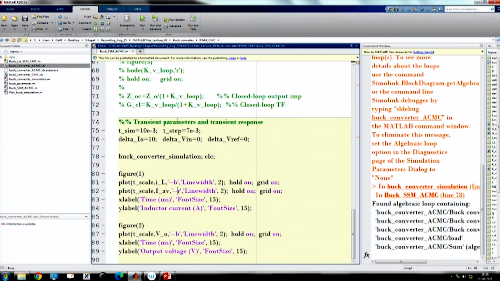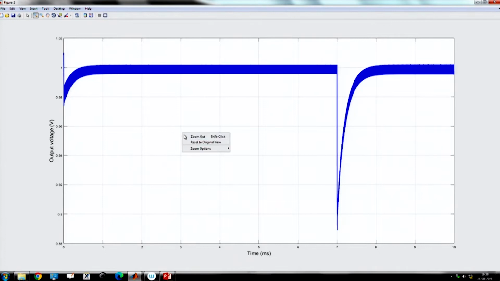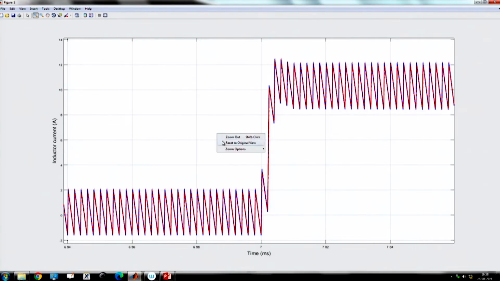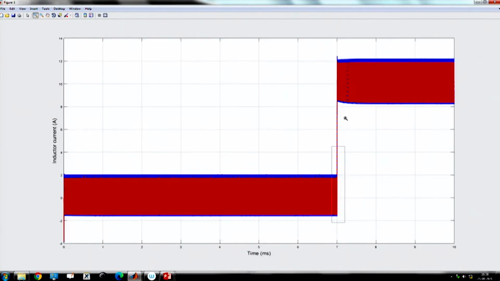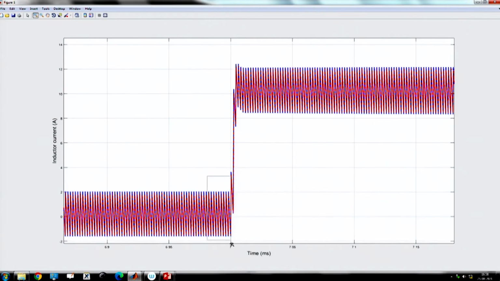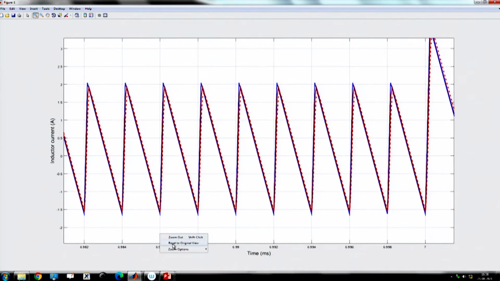The same thing we are running again, but now we have reduced the current loop bandwidth by 50%. Okay, so let us see the impact. You see they are more or less close. I mean, if we go deeper,